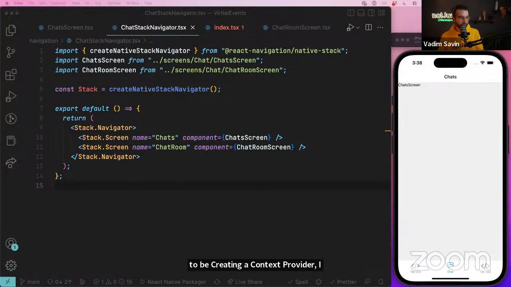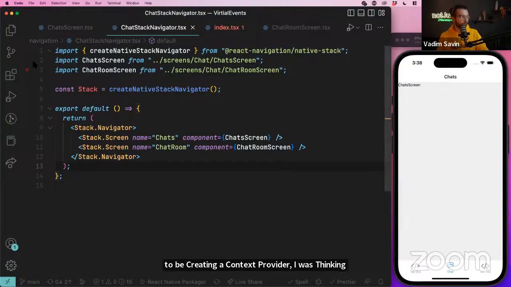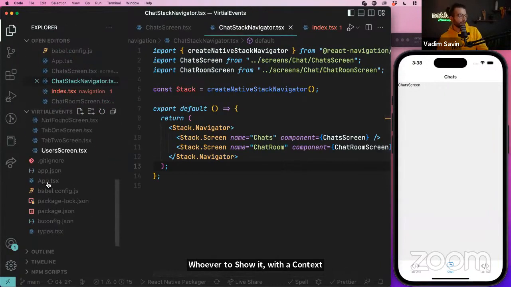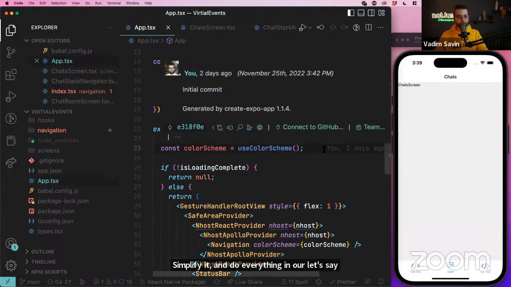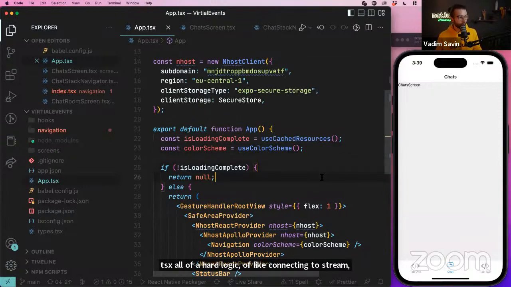I was thinking whether to show it with a context provider or to simplify it and do everything in, let's say, app.tsx, all of the hard logic of connecting to Stream Chat, creating users, and so on. Even though doing it with the context provider takes a little bit more setting up and boilerplate that we're going to do right now,